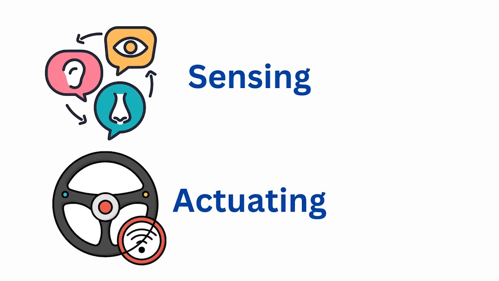AI can sense and actuate. That means that it can take in data and it can perform functions as well. It can move machines, can even make people move. How comfortable are we with this in education and learning?